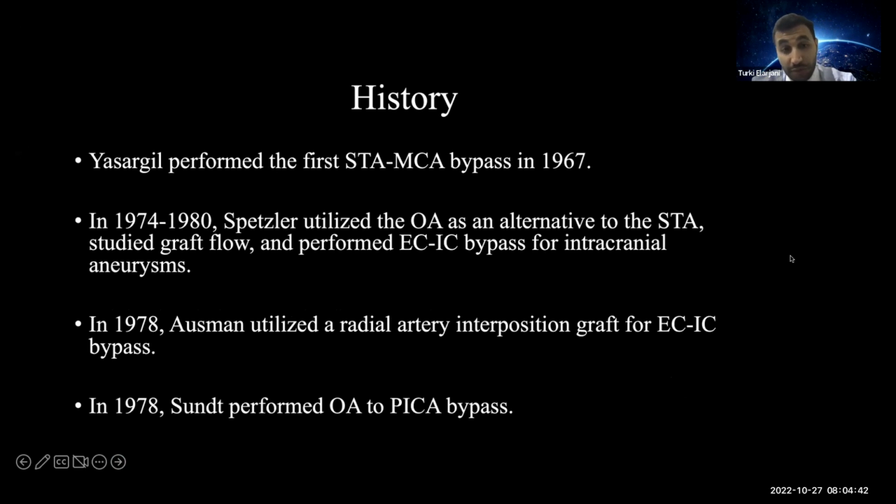Yasargil was actually the first to perform an end-to-side anastomosis using the STA in 1967. His first patient was a Marfan syndrome patient with Moyamoya syndrome. And from 1974 to 1980, Spetzler contributed greatly to the field. He utilized the occipital artery as an